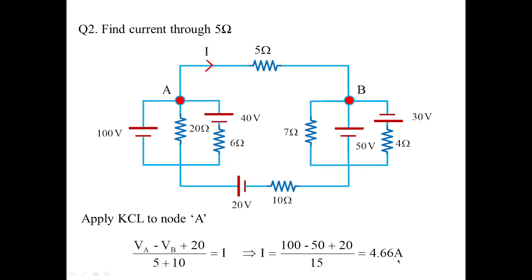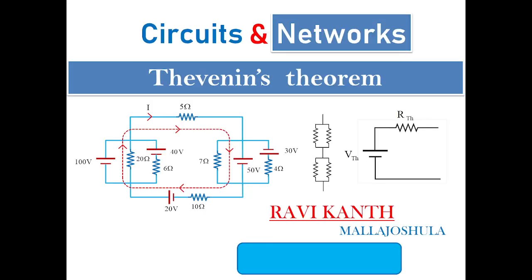As you have seen, whether we employ Thevenin's theorem, mesh analysis or node analysis, whatever branch current we calculate always has to give the same result. This is how we cross-check the result, and this is how we understand the concepts of circuits and networks. In today's class, we have seen Thevenin's theorem, following class 2, with different examples.